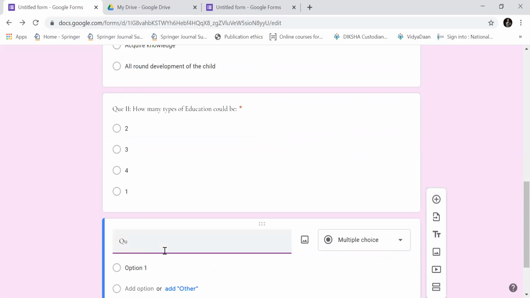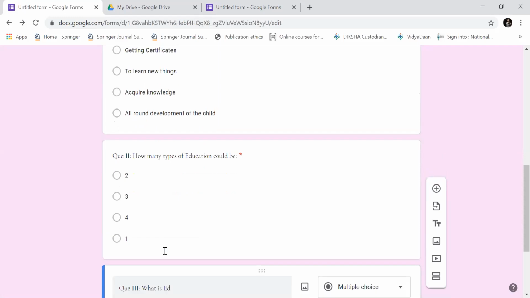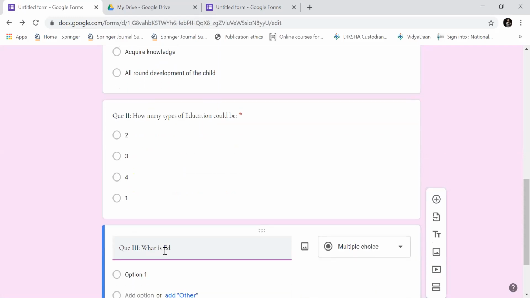Now I want this question to be in a descriptive form. So I will write define education, or we can say what is education. Because the question has already been framed, I'm not going to take up.